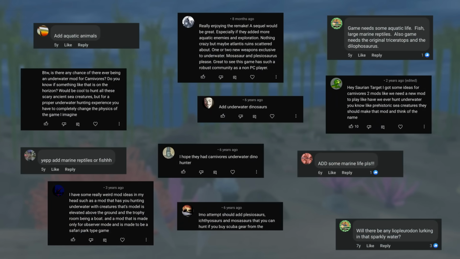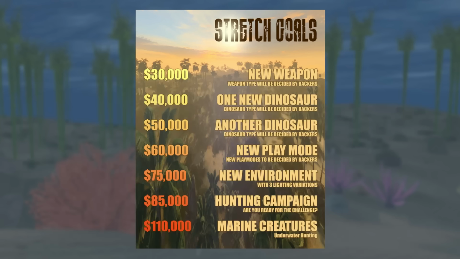A prehistoric underwater hunting game has been at the top of Carnivores fans' wish lists for as long as I can remember. The hundreds of comments on official Carnivores Facebook posts, and even on my own channel, all speak volumes about how badly fans have wanted to grab a harpoon gun and hunt a mosasaurus in its natural habitat. Digital Dreams even planned to shoehorn underwater hunting into Carnivores Reborn if the Kickstarter campaign somehow quadrupled its goal back